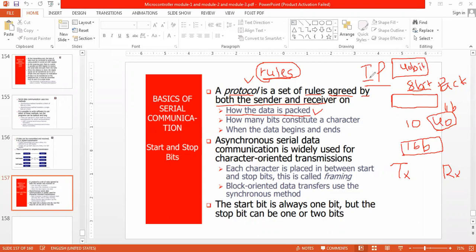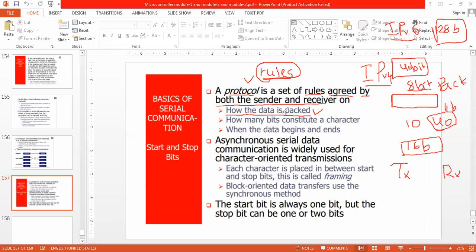This is version 4. Now there is one more version, IP version 6. Do you know what the one packet size is? The one packet size is 128 bits.